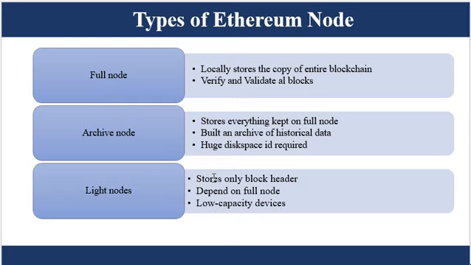These nodes do not need to run continuously or read and publish a large amount of data on the blockchain. It provides an easy way to create a wallet, especially for beginners. For example, a solid state drive cannot afford to store the gigabytes of data that other nodes take. But there are some limitations of light nodes which cannot be denied, and there is no guarantee that the light nodes or light wallet providers will be online whenever required. So basically these are the three types of Ethereum nodes.